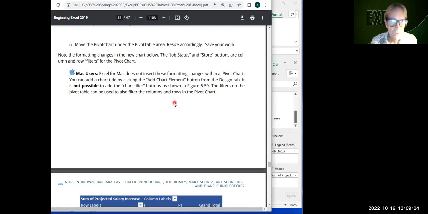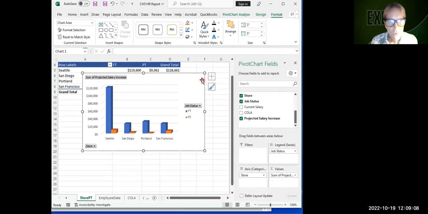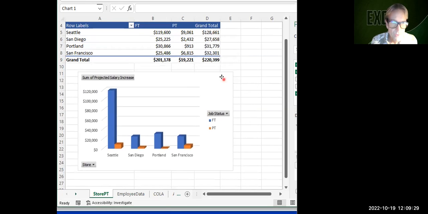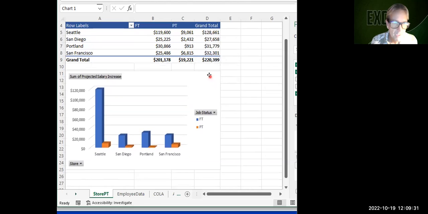Move the pivot chart under the pivot table area, resize accordingly, save your work. So to move a chart, you want to click, hold, and drag in an unused corner inside the chart. I'll zoom in so you can see this. I put my mouse arrow pointer on the inside upper right-hand corner of the chart. I click and hold, and I drag it down below, maybe leaving a blank row or two in between the